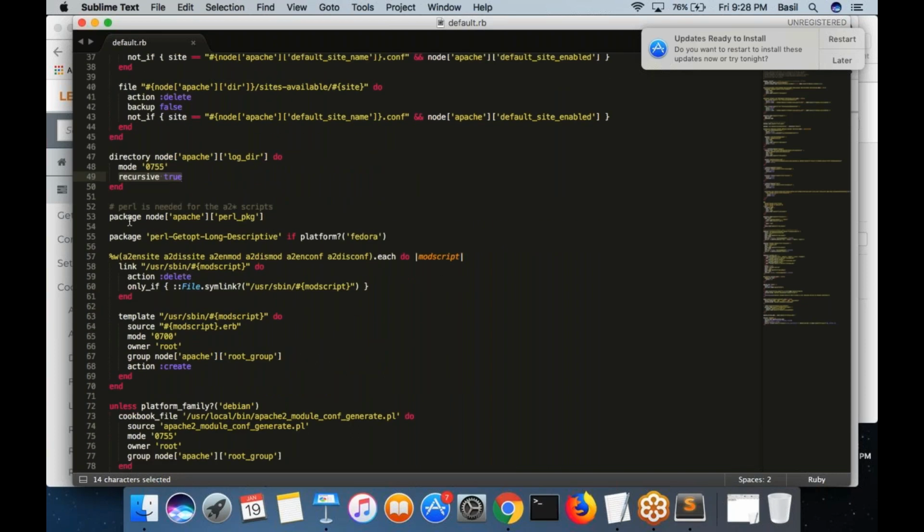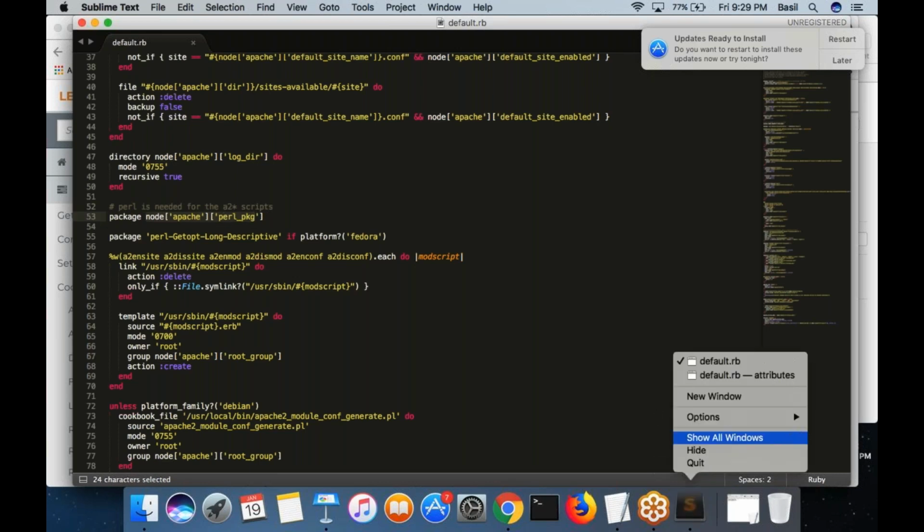And this is another one: Perl is needed, so basically you want to install Perl, and for that you write package followed by the package name. Basically that would install the given package. In our case, you want to install Perl. This is another attribute that you defined.